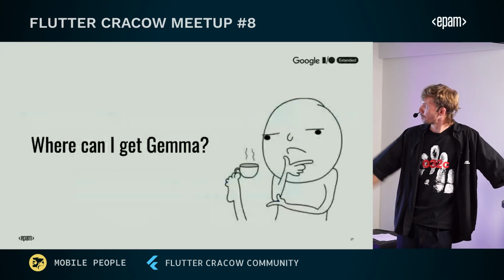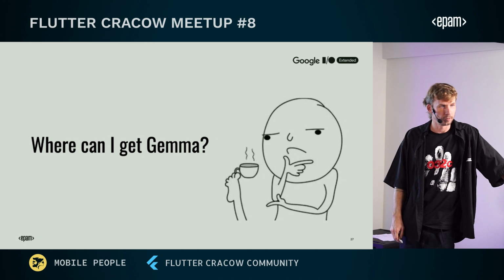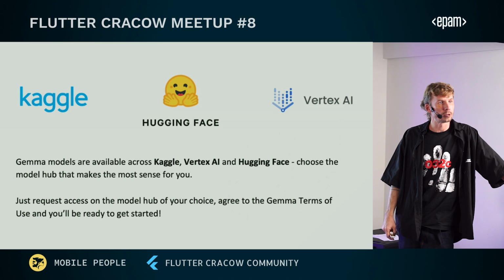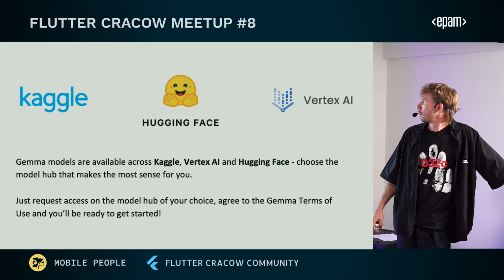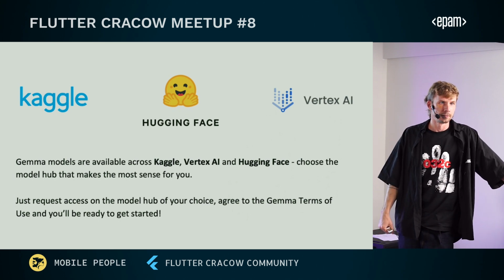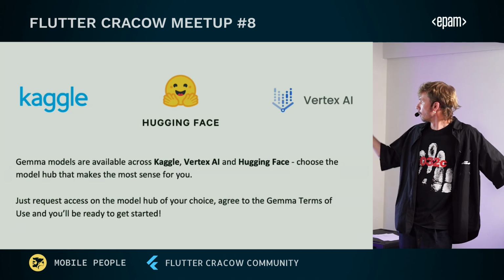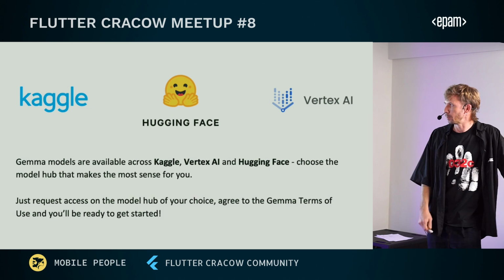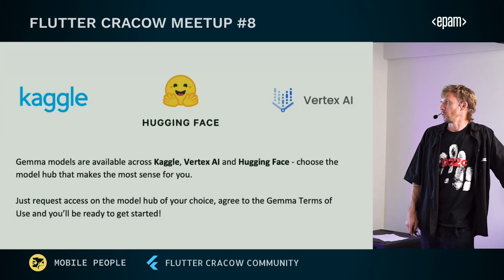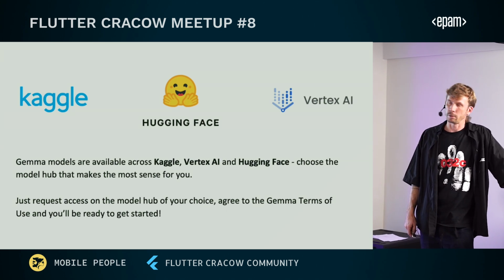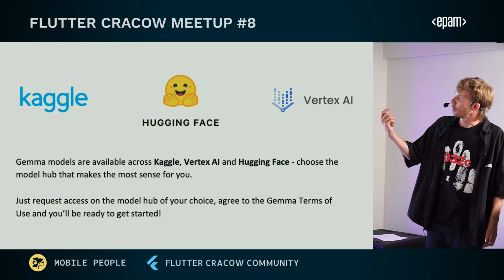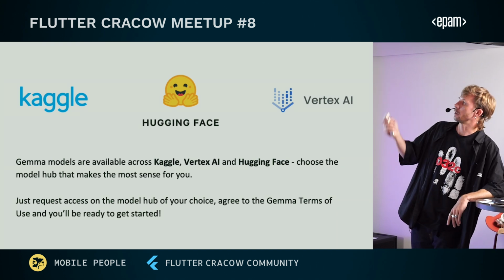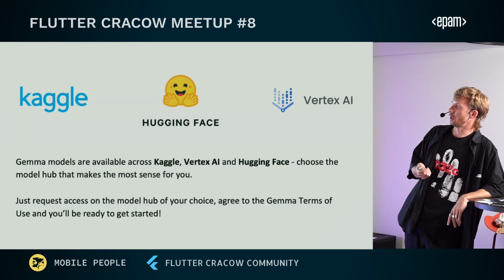And so on. Where can you get Gemma? There are free options, for example. Have you tried to work with Kaggle, Hugging Face, or Vertex AI? Vertex AI is a framework in Google Cloud for playing with different kinds of models. So you can work with Gemma in Vertex AI too. Kaggle and Hugging Face are tools specifically for AI, but not created by Google.